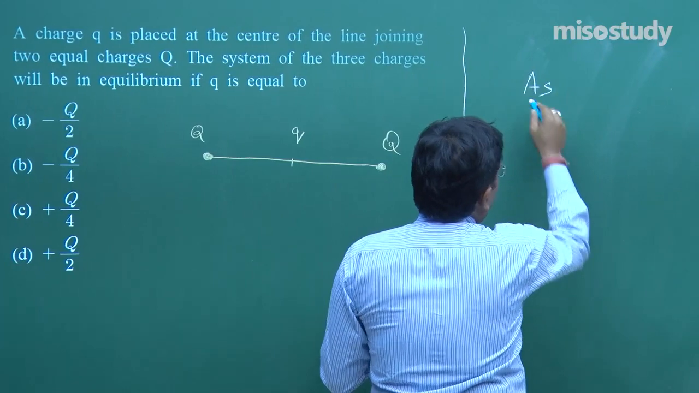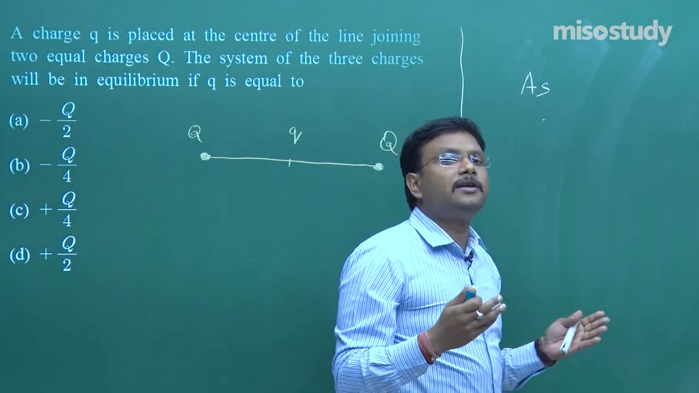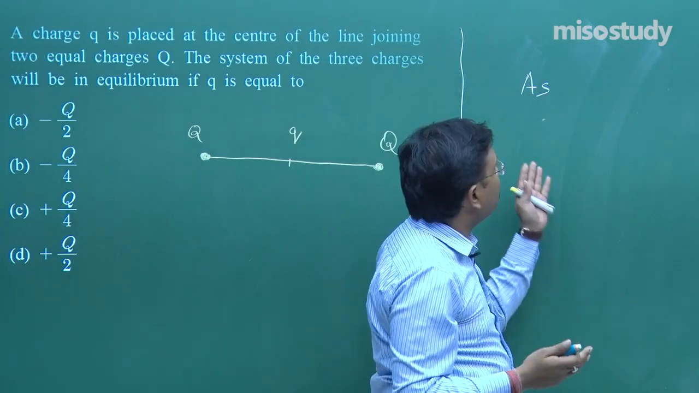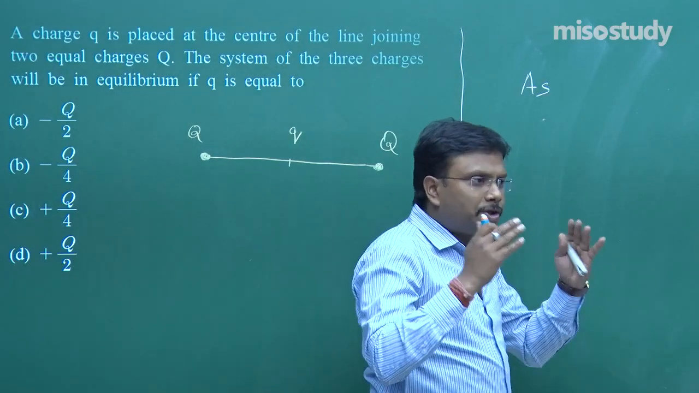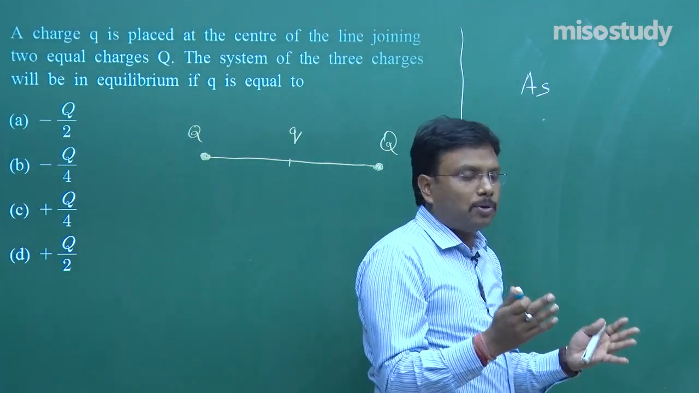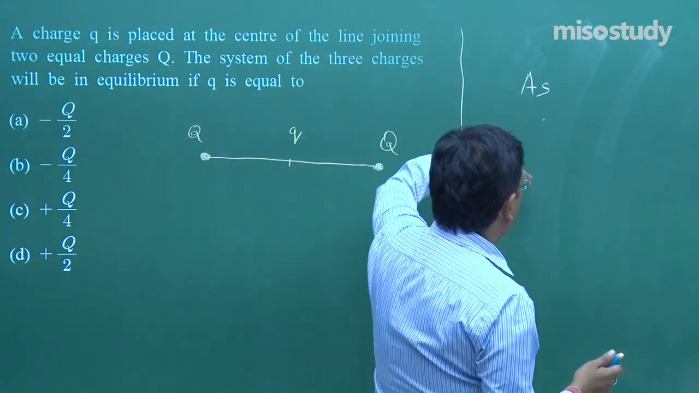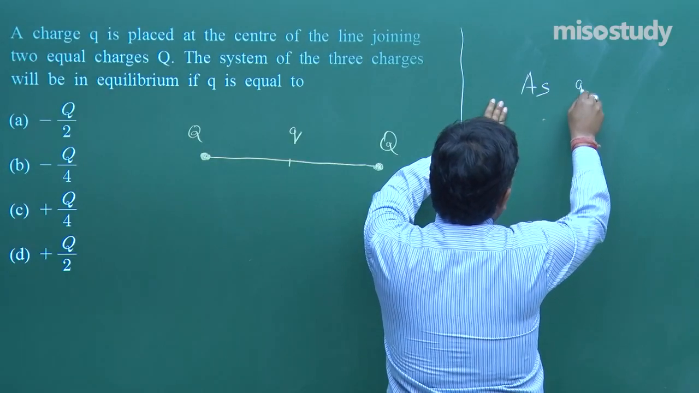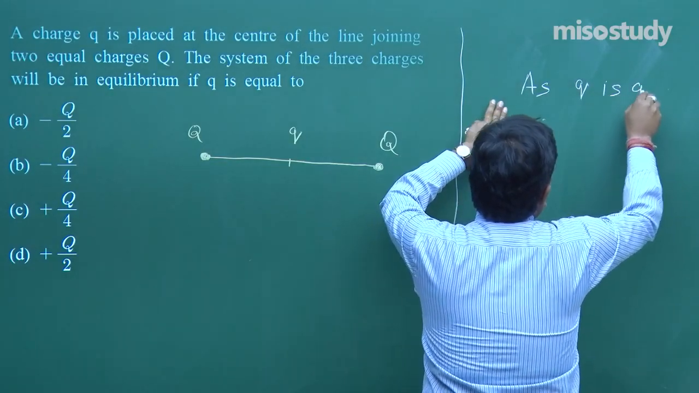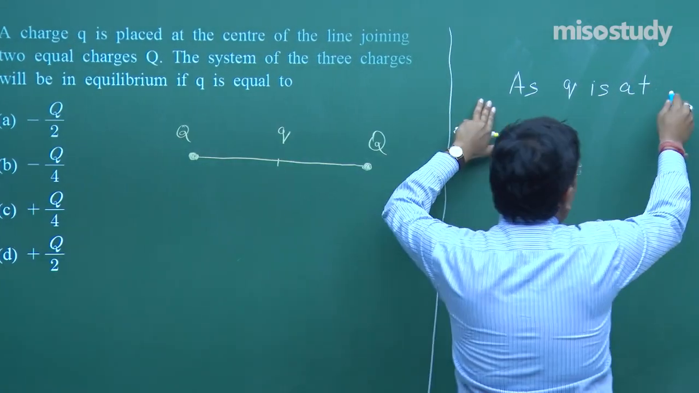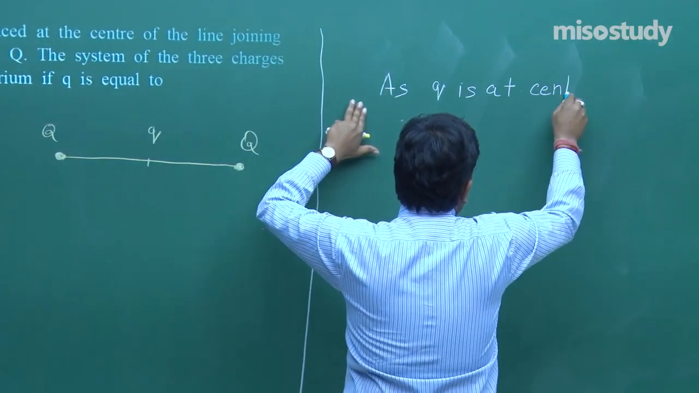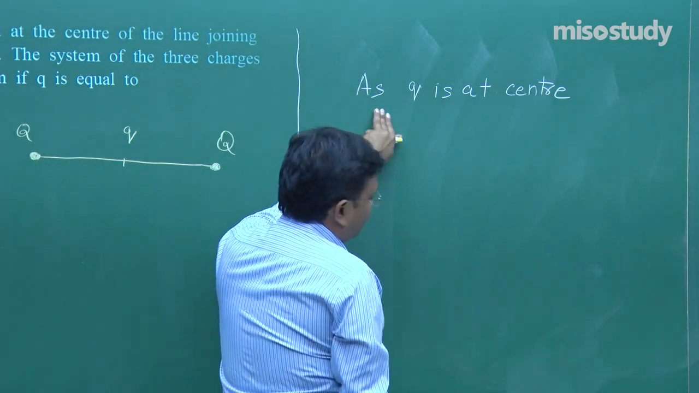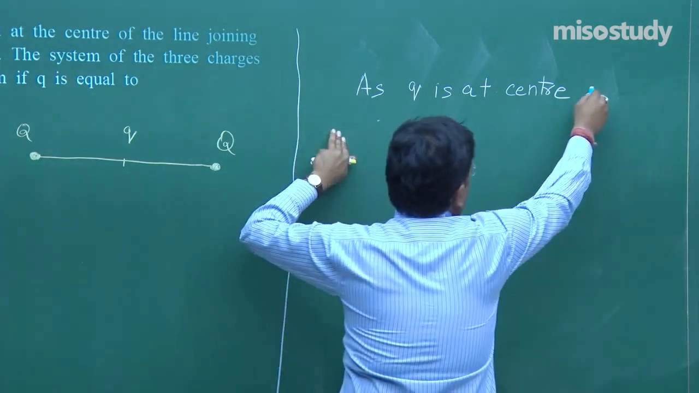As basically I am trying to provide the solution in some details, so that whenever you are watching these videos, you should try to develop your own approach and then try to match with this approach whatever I am explaining to you. As Q is at center of the line joining this. So, as Q is at center of these two charges,